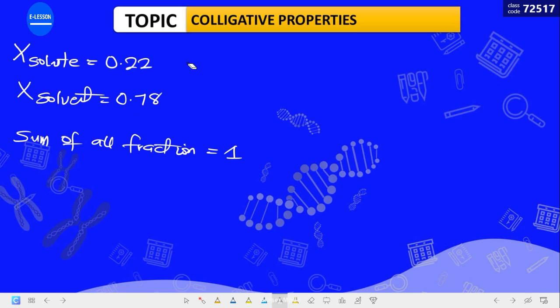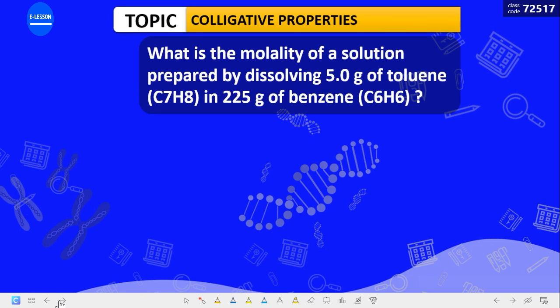So it means that these answers are very, very correct. Now another way to do this is, or let's not talk about the other way because it may be very confusing. It will not help you determine if you are correct or not. If you've been able to calculate one, just subtract it from 1 and it will give you the other one. But what about if you are wrong here? So that approach is not that okay. So that is how to calculate the mole fraction.